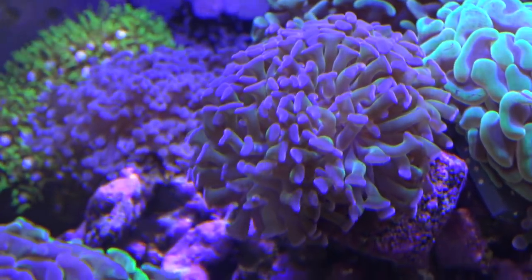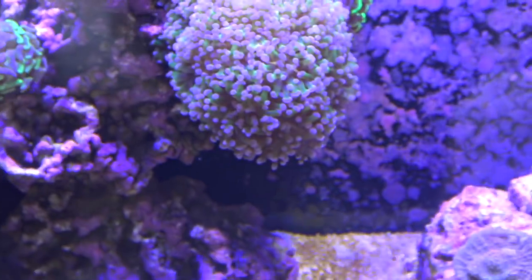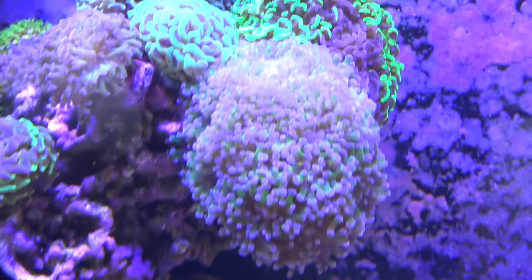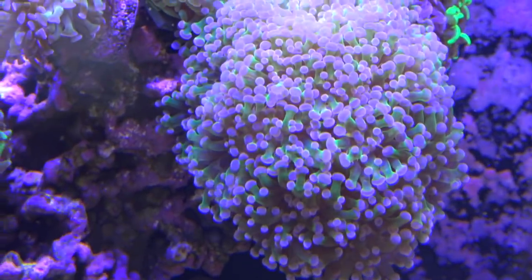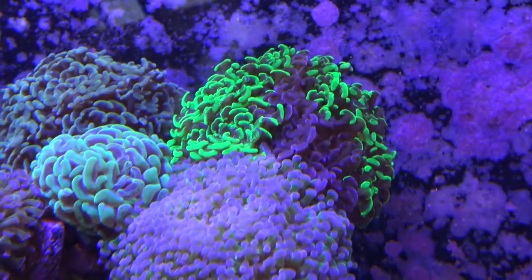Green purple tip hammer right here. Frog spawn, giant frog spawn. This thing's huge. It's like the size of my fist. It's massive. I might start fragging that guy. I'm not too sure, but I got the WBC